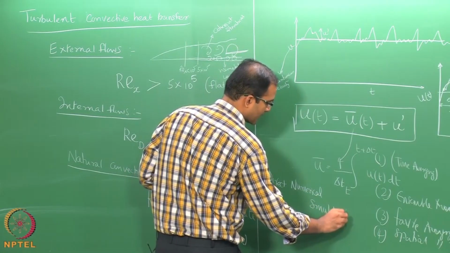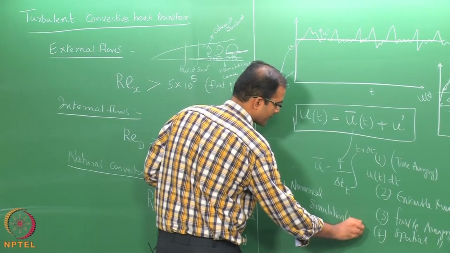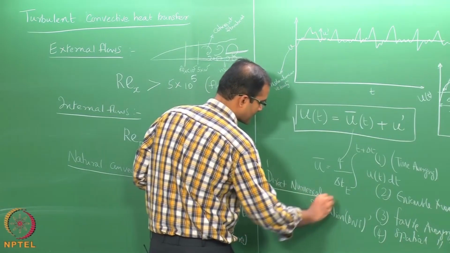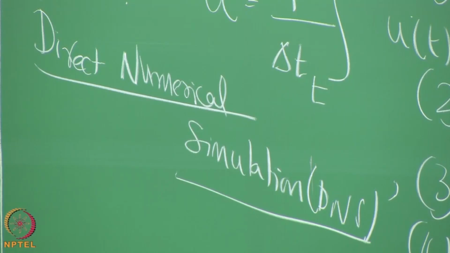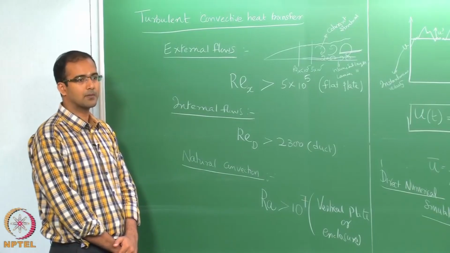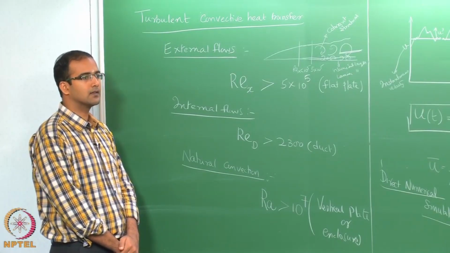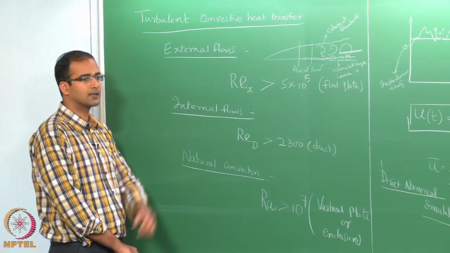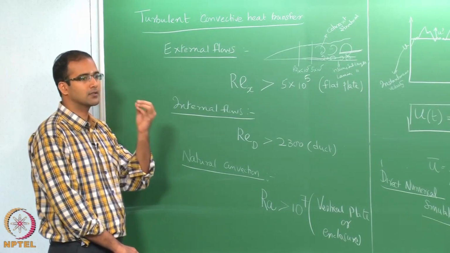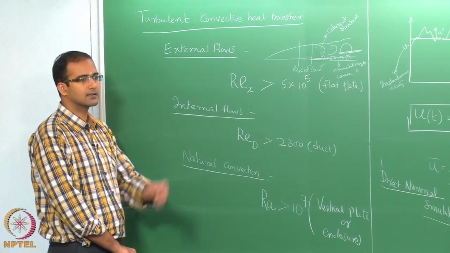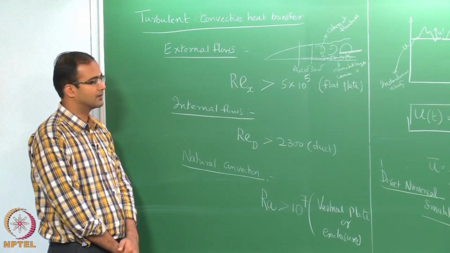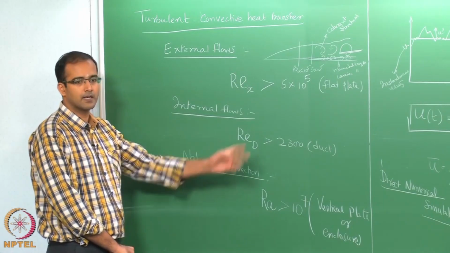So, popularly referred to as the DNS. This is the most precise way. That means we just take the Navier-Stokes equations, because they are valid irrespective of whether the flow is laminar or turbulent, and solve them exactly. The only constraint is how much you can actually resolve numerically. That is limited by the grid size, but you should understand that this is not trivial,